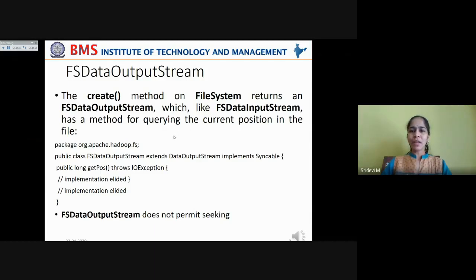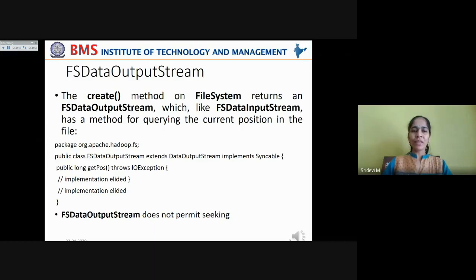Why does the current position have to be queried? Because the create method writes the data to the file, so it has to fetch the current position of the pointer in the file. That is why we use this FSDataOutputStream, in order to fetch the current position of the file pointer.